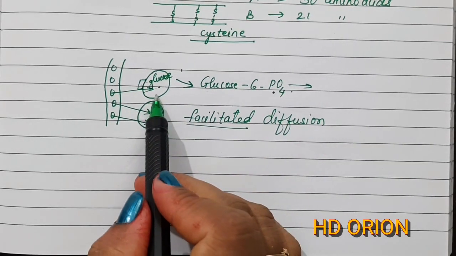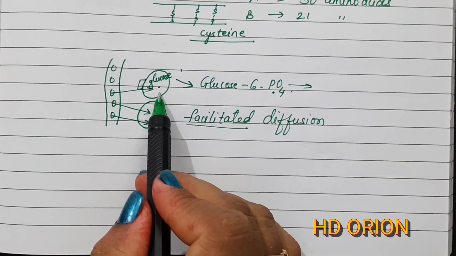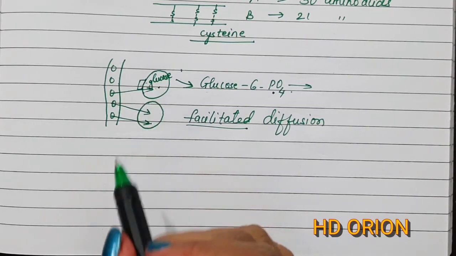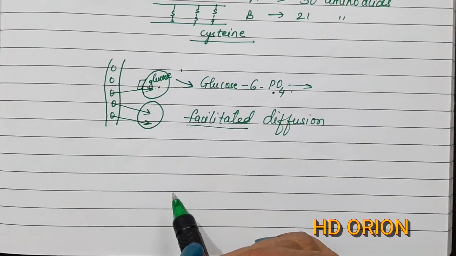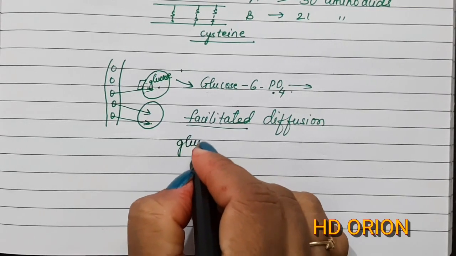Now enough amount of glycogen is also converted. This is stored in the liver. Much amount is stored in the liver, almost 50% of it, and also in the muscles, but we know that the muscular mass is far more than the liver. So if we talk about the absolute mass, we can say that more glycogen is present in the muscles rather than the liver. However, the liver acts as the glucostat.